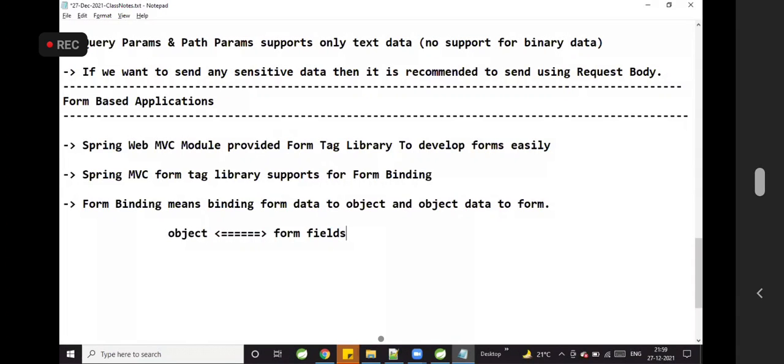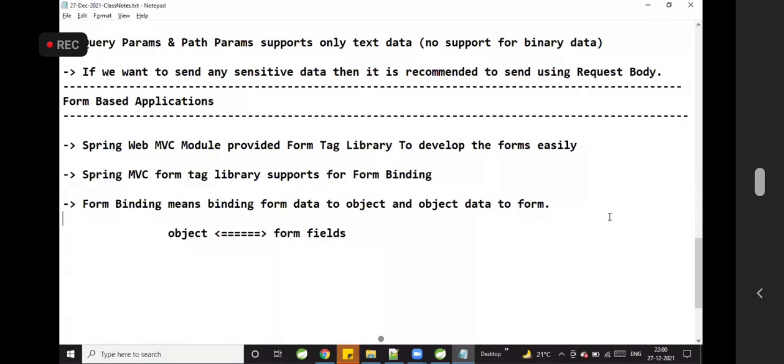What is a form-based application? Spring Web MVC module provided form tag library to develop the forms easily. Spring MVC form tag library supports form binding.